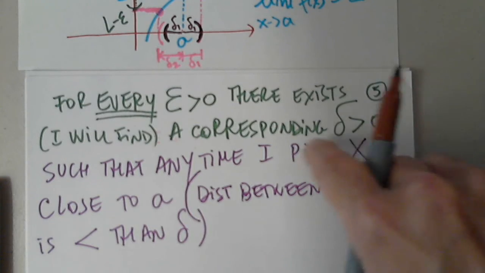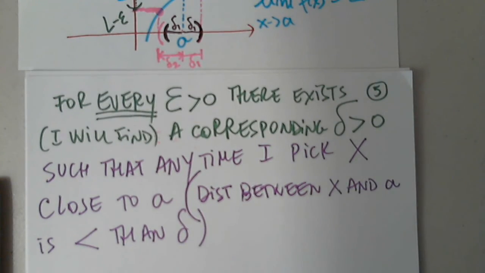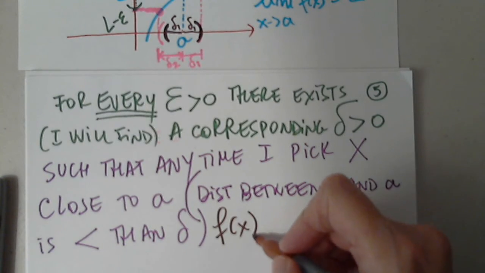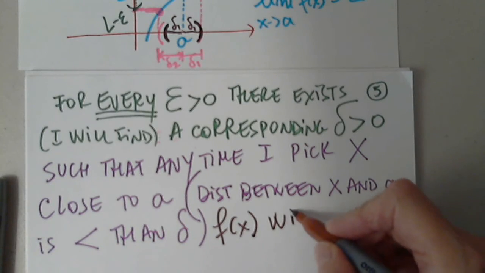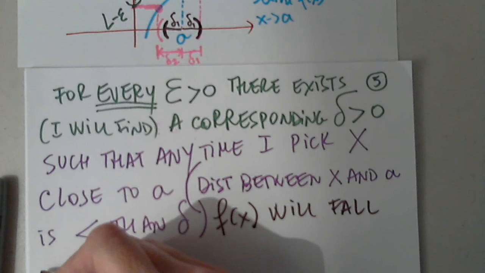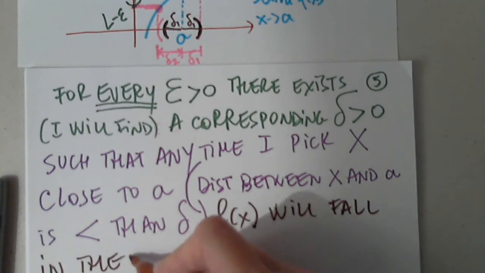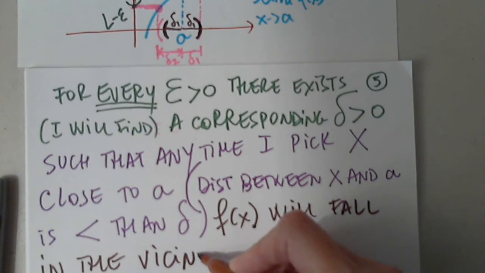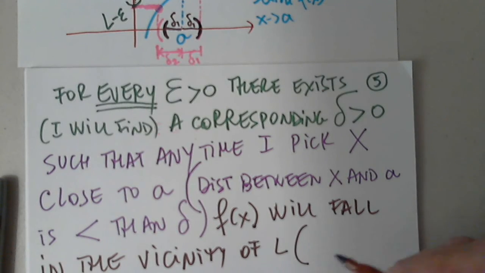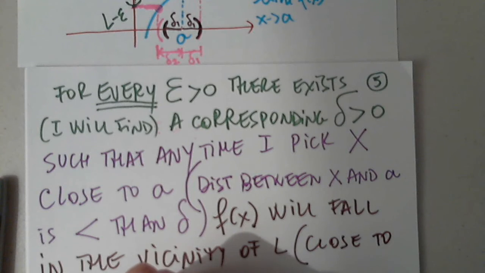Every time I pick x close to A, distance between x and A is less than delta, f of that x will fall in the vicinity of L. In other words, close to L